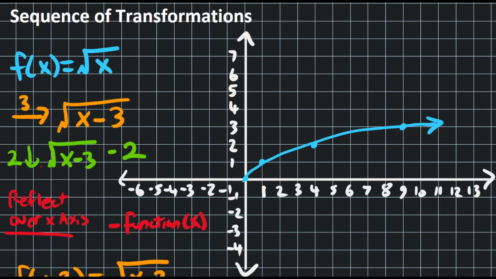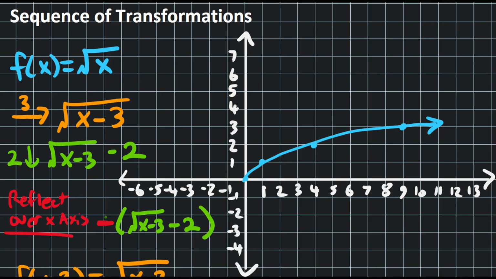So we're going to put a negative sign in front of the entire function from step 2, and we're going to put the entire function in parentheses. So the square root of x minus 3, minus 2,